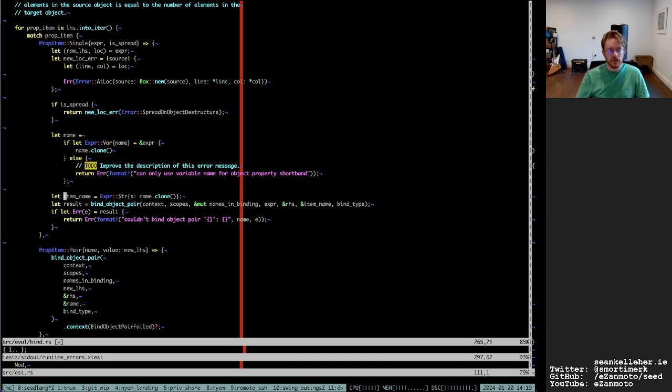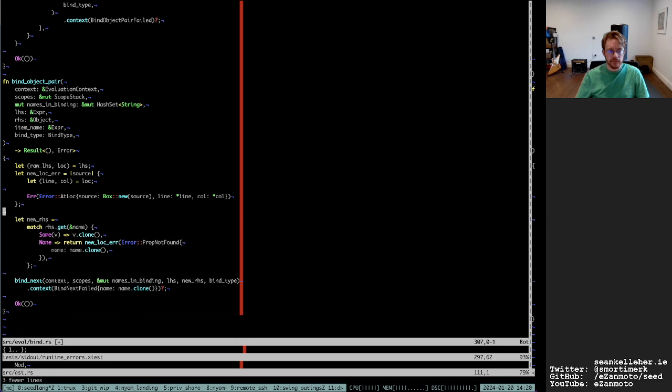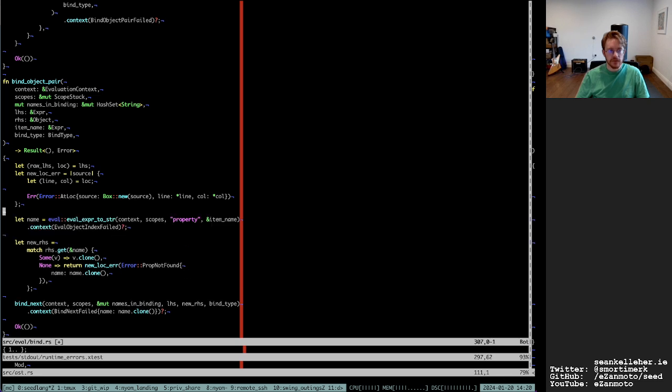And so that creates an item name expression just so that it can pass it into bind object pair. I think it would make as much sense to pass it as a string.